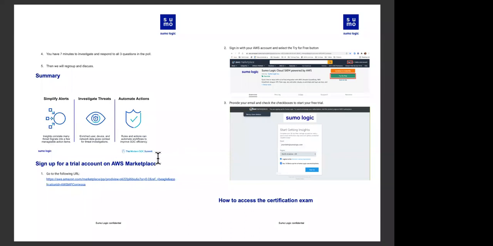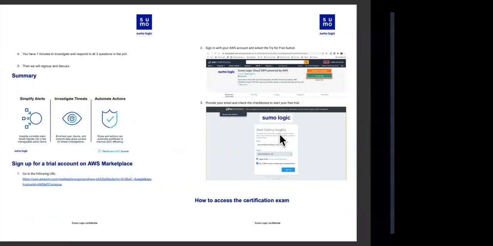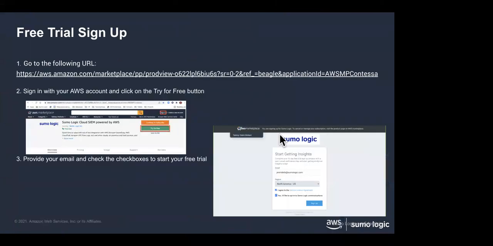And so, you can go to this URL, which will take you to the marketplace. You'll have to sign in, but you can say, I want to try this for free, and you can try a free environment here of Cloud SIEM and Cloud SIEM Advanced powered by AWS. So you can do this free trial if you want to, but this does require you to have an AWS account. Okay, but there's a free trial here that you can take advantage of, and I highly encourage you to take advantage of that. Any questions about the free trial sign up?